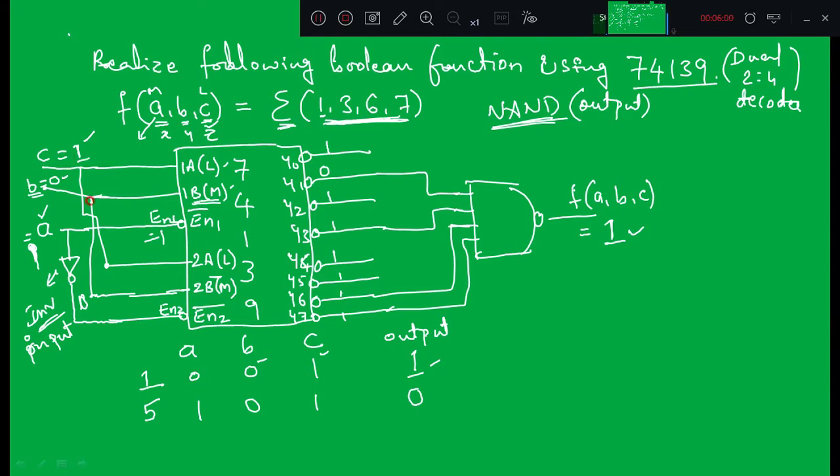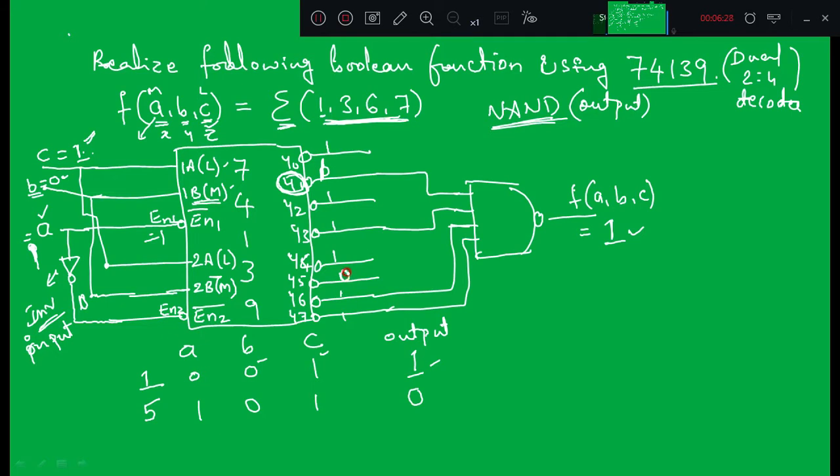Right? So what is the value of B and C again? B is 0, C is 1. So 0, 1. Which output is selected now? It will not select Y0. Sorry, Y1. It will not select Y1 because the first decoder is disabled. Y1 will be equal to 1. Right? So 0, 1. It will select the sixth output. That is the Y5 output. Right?